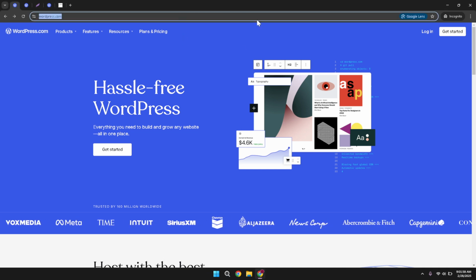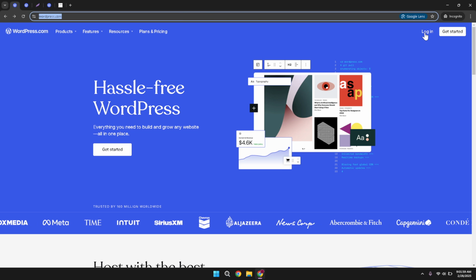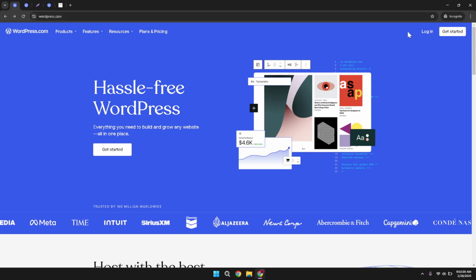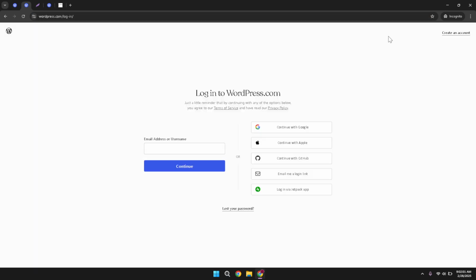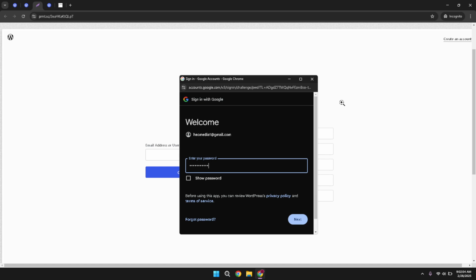Now, if you have a Google account and it's linked to your WordPress, you can make your life a bit easier by clicking on the option that says continue with Google. It's a quick way to log in without having to remember yet another username and password combination. Now that you're logged in, it's time to choose your Google account, the one that's linked to your WordPress site. This step is essential because it's the account that will give you access to your site's backend where you'll be making changes.